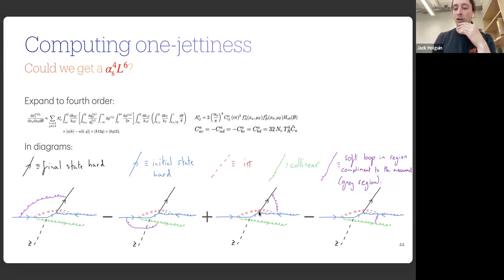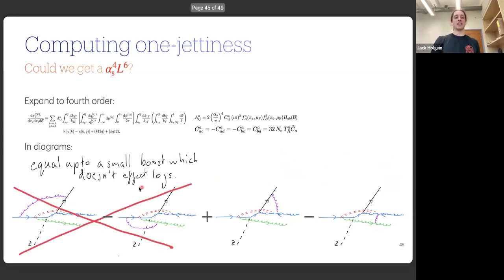And then you've got the same thing now, but for the other side. So now we've got a soft gluon linking the initial state gluon to the final state quark, and then a soft gluon linking the initial state gluon to the final state gluon. Okay, so it turns out these 2 diagrams exactly cancel kinematically because they've got the same color factor,